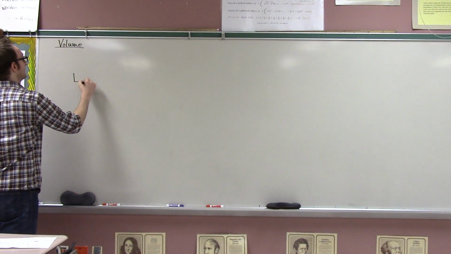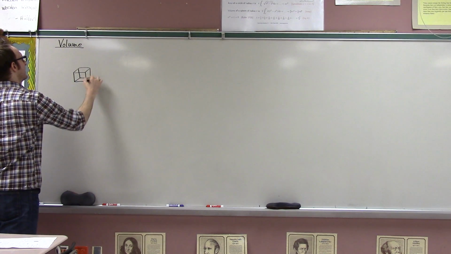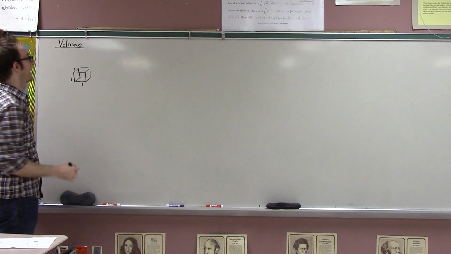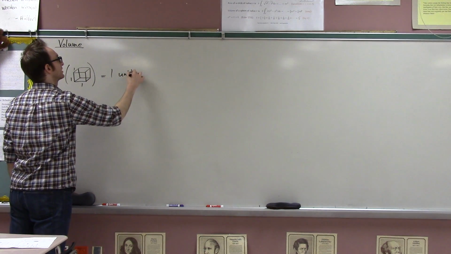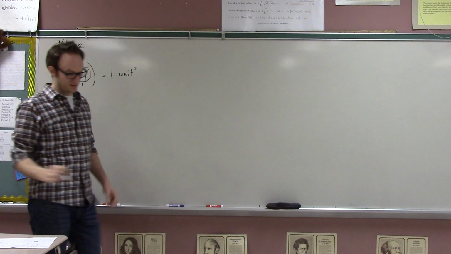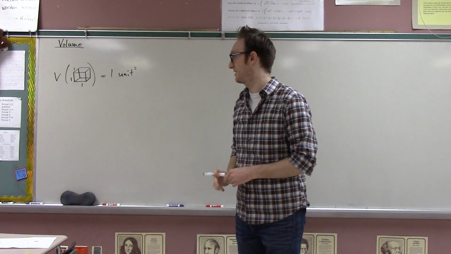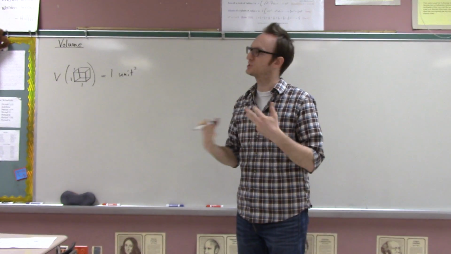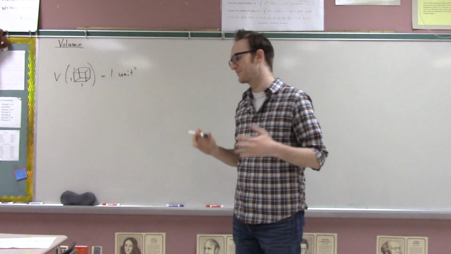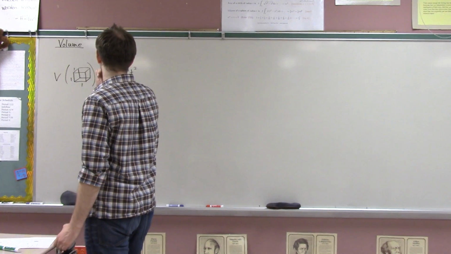And so, well, maybe I'll do this. Here is a cube, and if this is a 1 by 1 by 1 cube, then the volume of this should be 1 cubic unit. That is kind of built into the definition of volume, I would say. And we could proceed sort of axiomatically from this to introduce some kind of partition principle and congruence principle. Okay, but let's skip that, and maybe let's just go right for